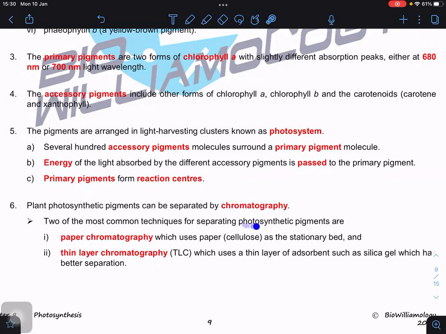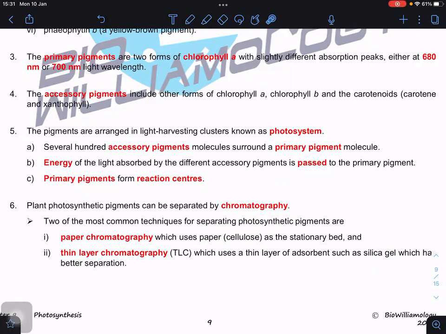We call it chromatography. The mixture of chlorophyll A, chlorophyll B, xanthophyll, carotenoids, we can separate them using chromatography. We can use paper chromatography, which has cellulose, or thin layer chromatography, which uses silica gel